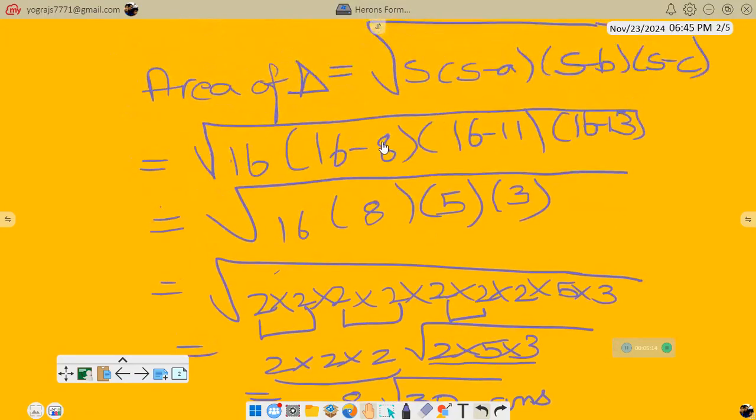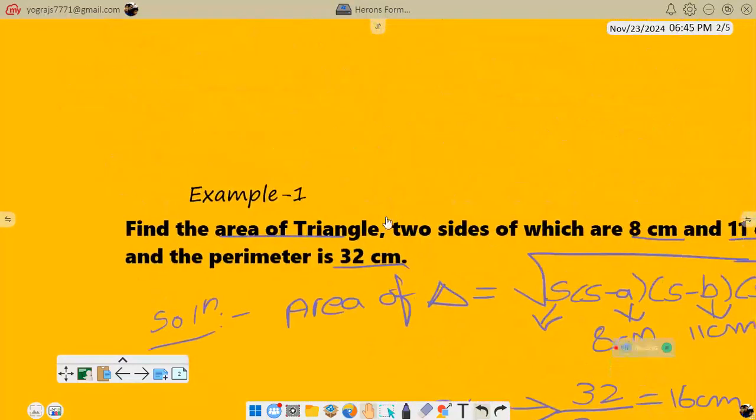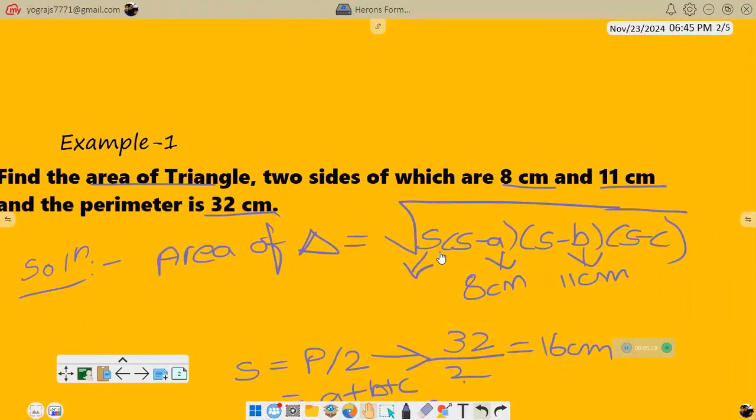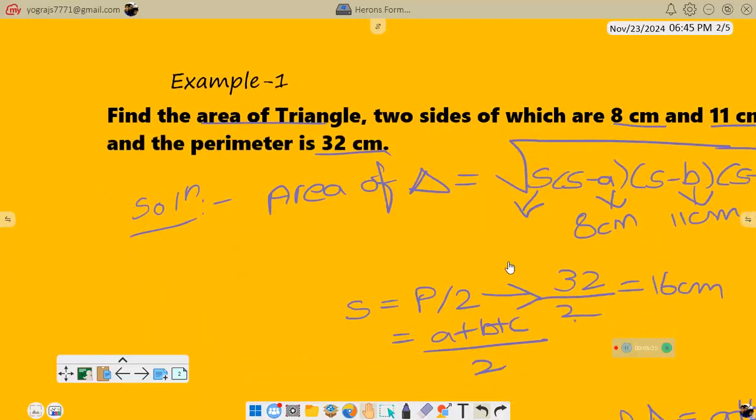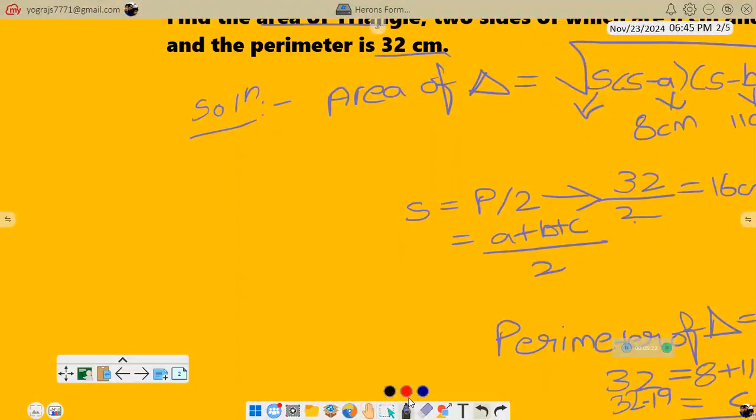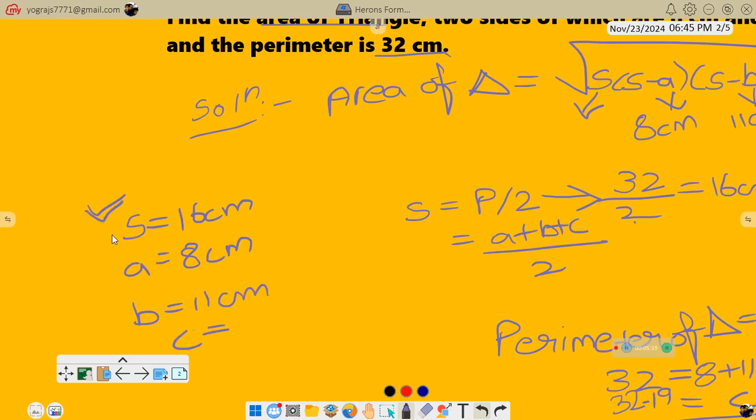By this we conclude the answer to this question: find the area of the triangle, two sides of which are 8 centimeter and 11 centimeter and the perimeter is 32 centimeter. We see that S equals 16 centimeter, A equals 8 centimeter, B equals 11 centimeter. C we found and S we found, so I'm going to cross check it. C equals 13 centimeter,